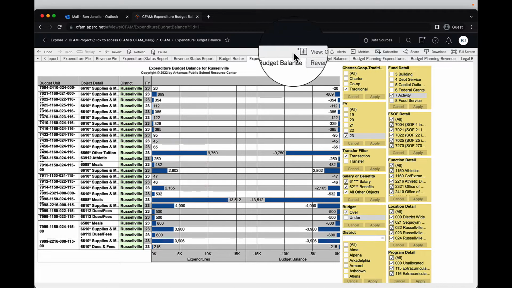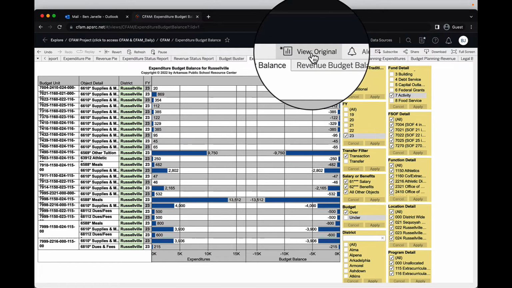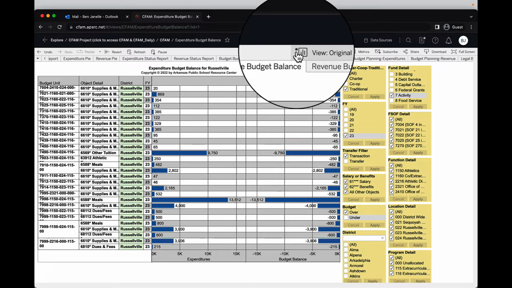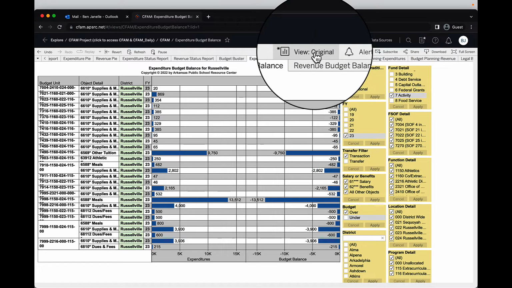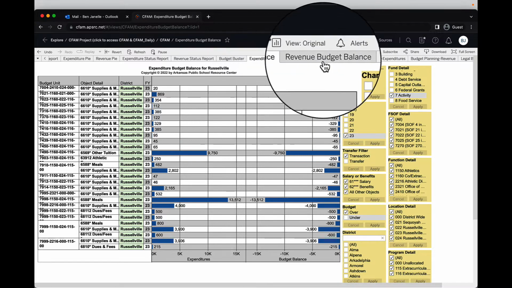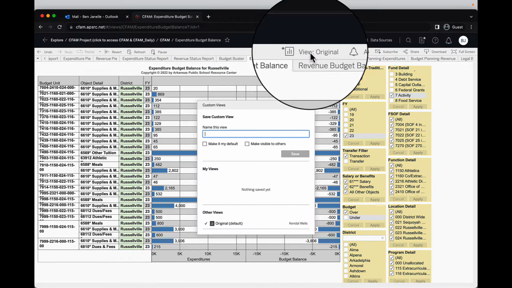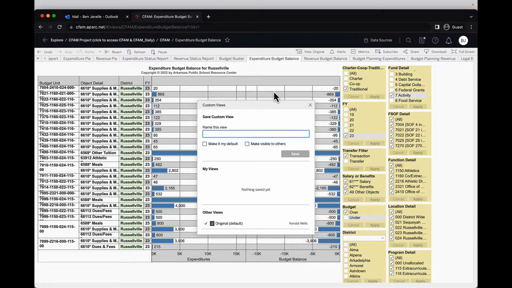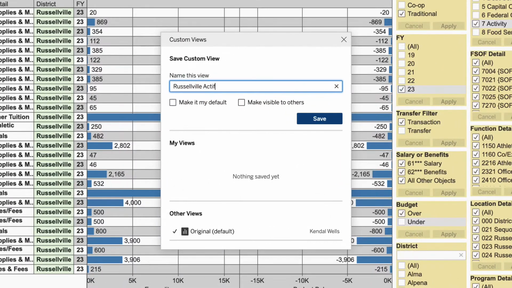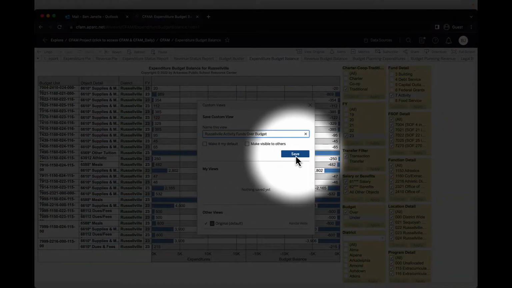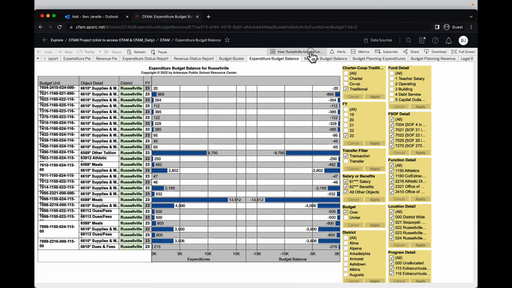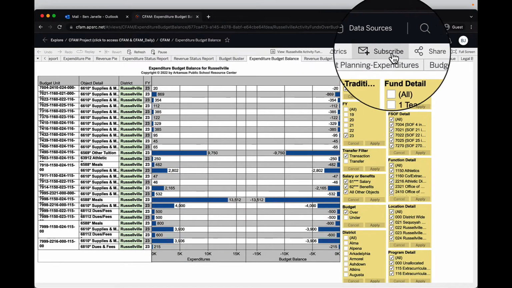As I've made changes here, you can see my View Original has an asterisk next to it. That's letting me know that I've applied filters to the original version of this report that haven't been saved. If this was a view that you wanted to save, you would click View Original, and you would name this view. And click Save. Once you have a saved view, you can do things like subscribe,